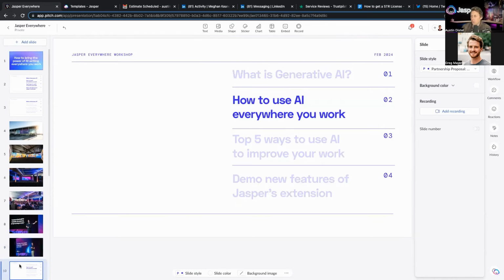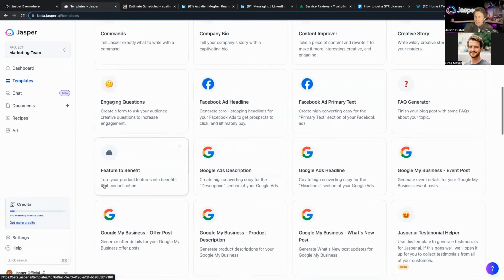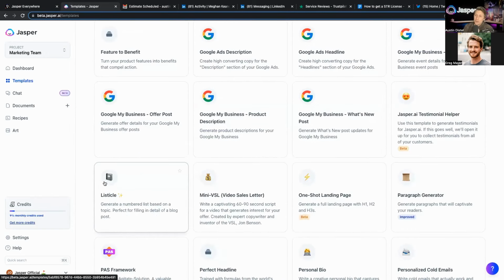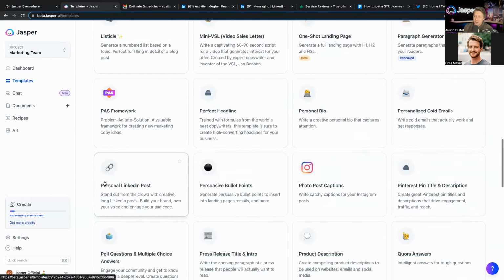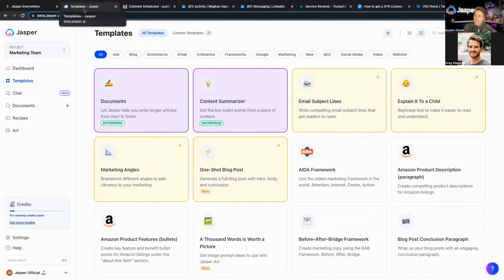And so here we look at how to use AI everywhere you work. This means unbounded. Currently in Jasper and any generative AI app, you have to go to it. And I would imagine that as you're using Jasper, ChatGPT, or any other tool, you have it open in a tab, and then you have the rest of your work right here alongside.